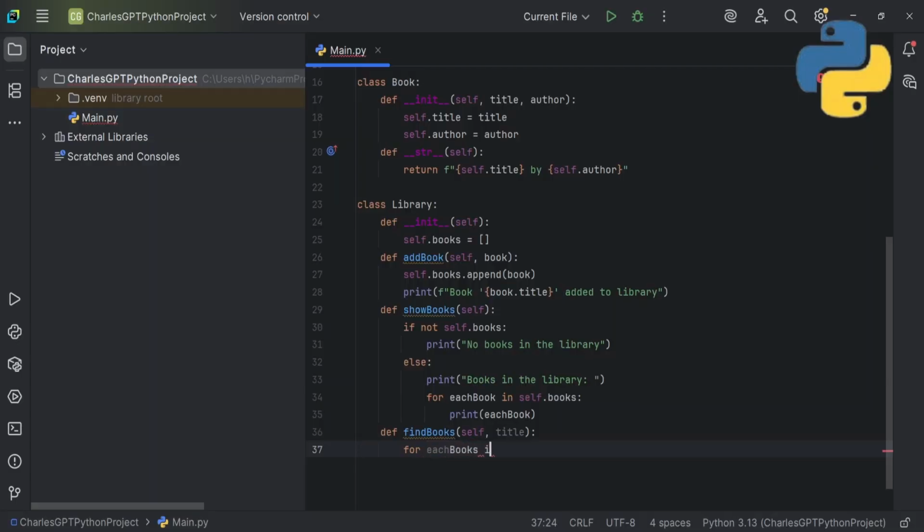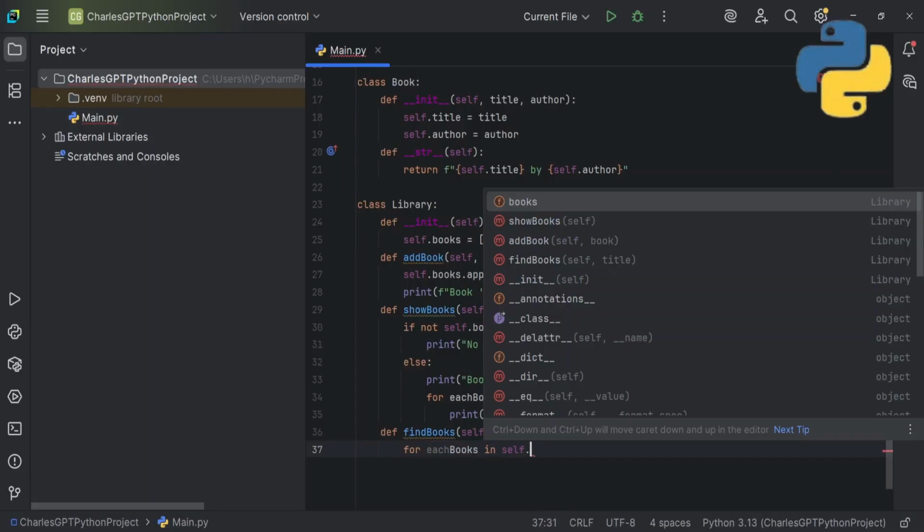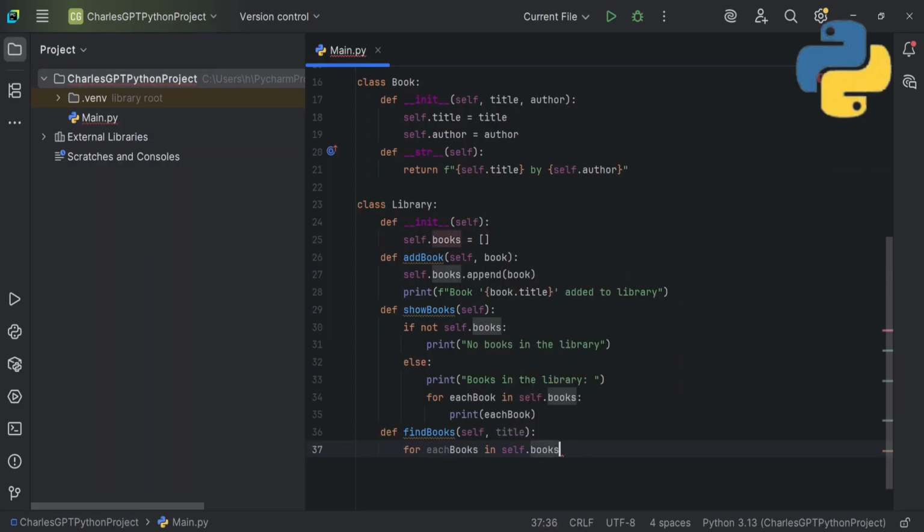For each book in self.books, in our empty book array that we used up here, what are we going to be doing? We're going to check: